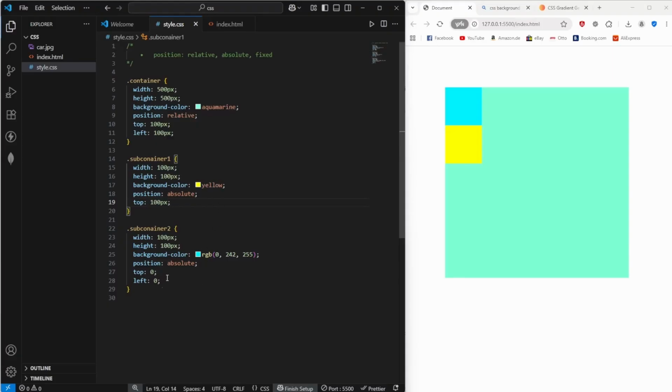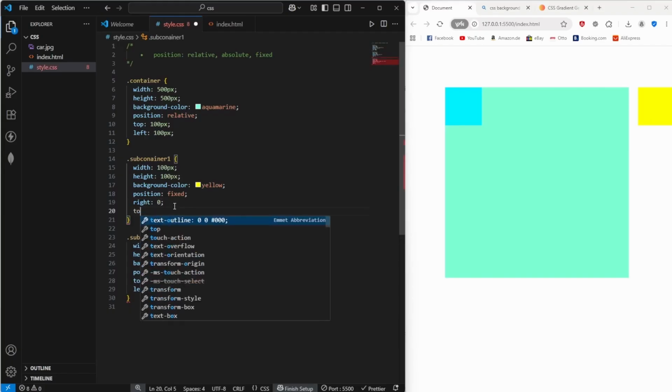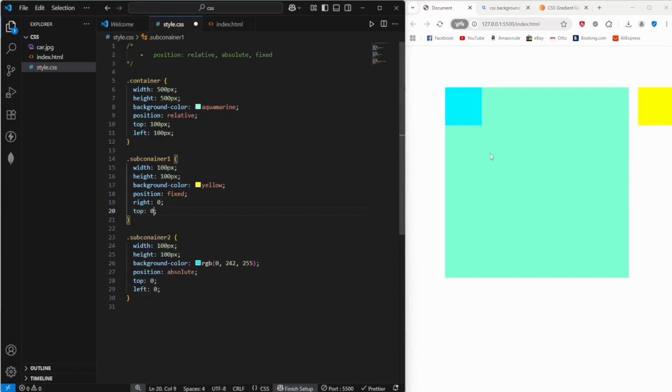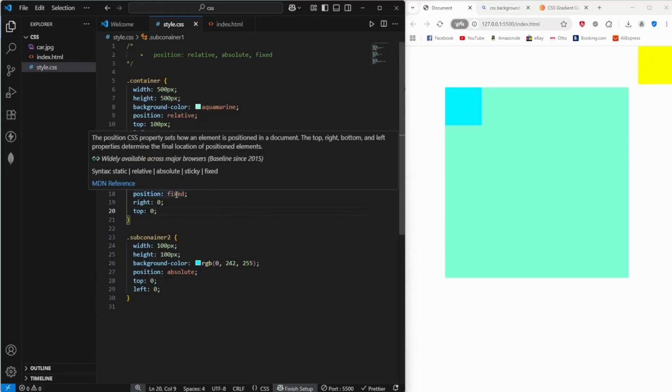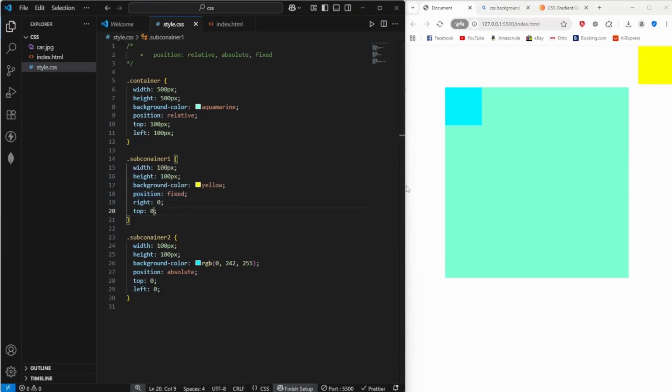Now you would also have the option to use position fixed. So we're going to do that for one of our subcontainers by using position fixed. So now we can, for example, say let's start at the right by using right 0. So we have a gap to the right of 0. And let's also use 0 for the top, so we are going to start at the top. And as you can see, position fixed basically always refers to the position on the screen. So no matter what I do with the screen, it's always going to stay at the top right,